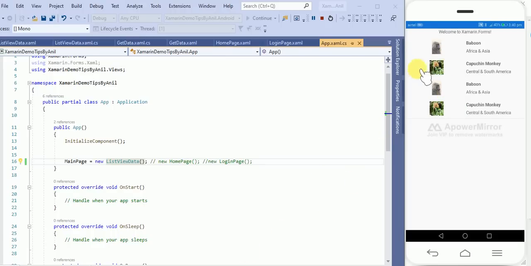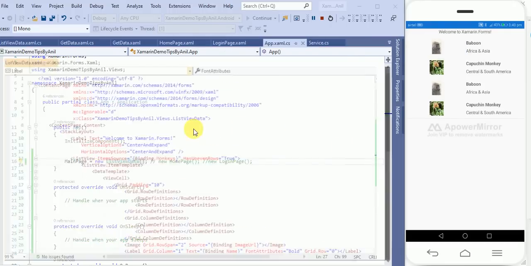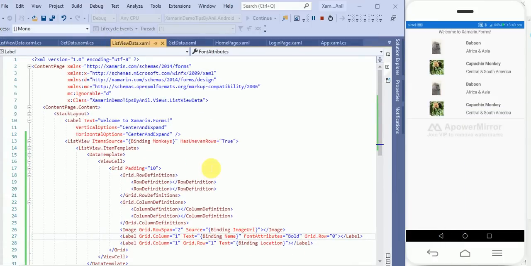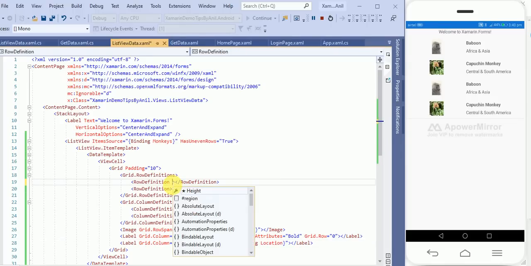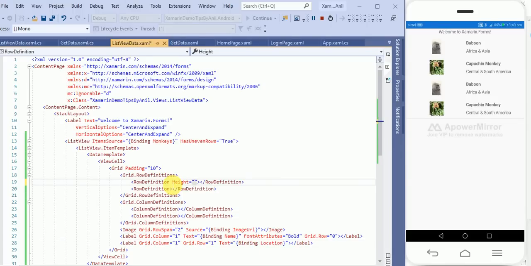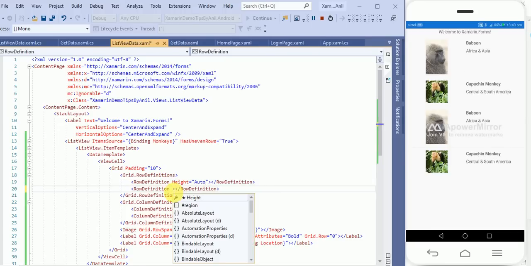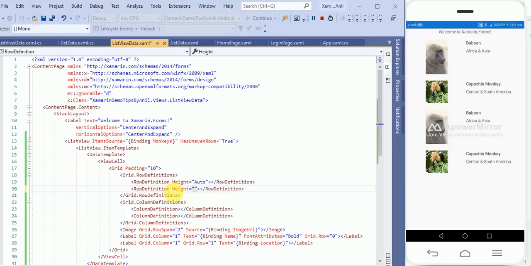Now to make it come in the center, we have to define grid row heights. In the row definition, because we have to define height for the row, this will be Auto, and the second row height will be proportional.